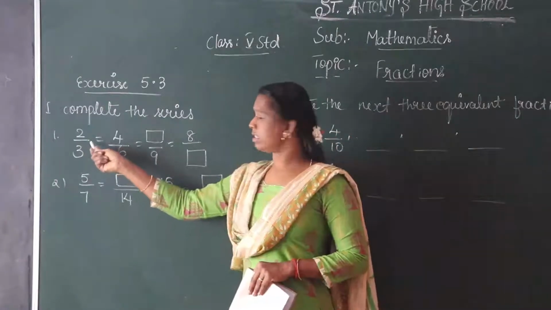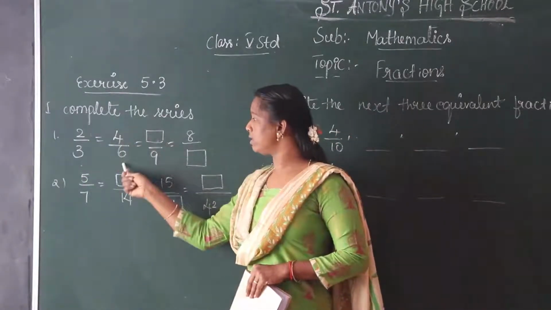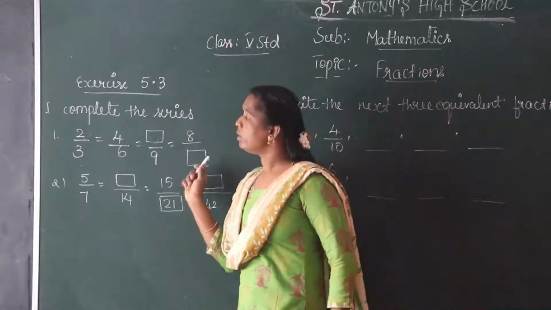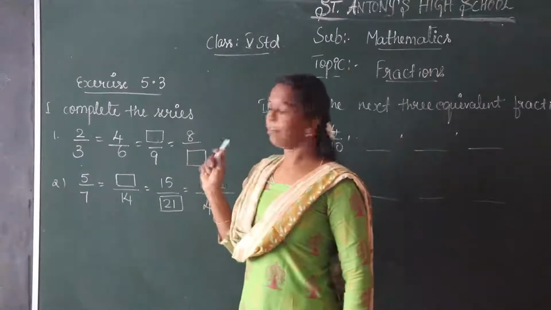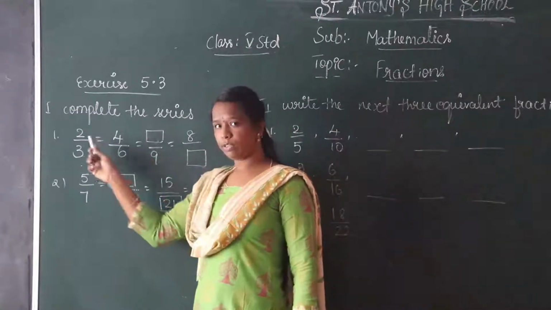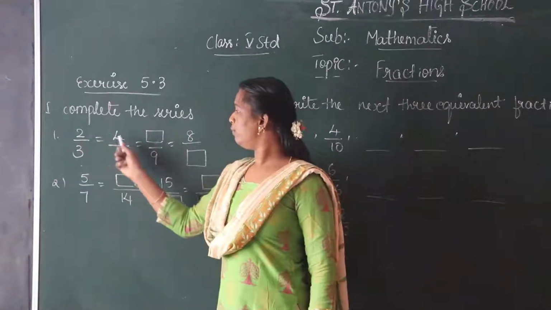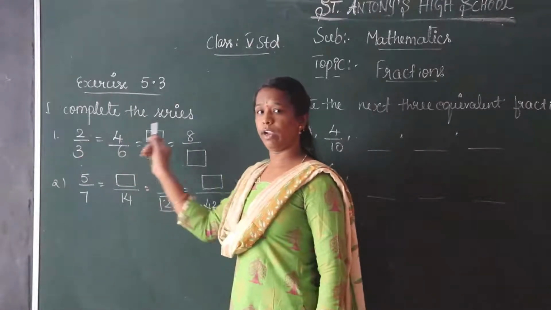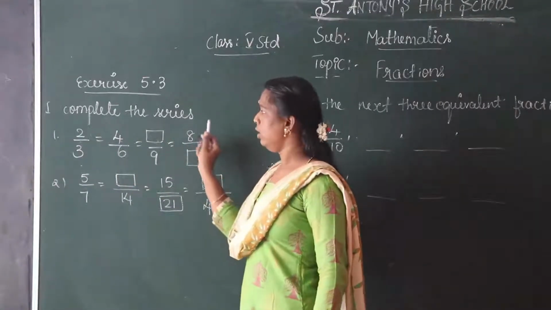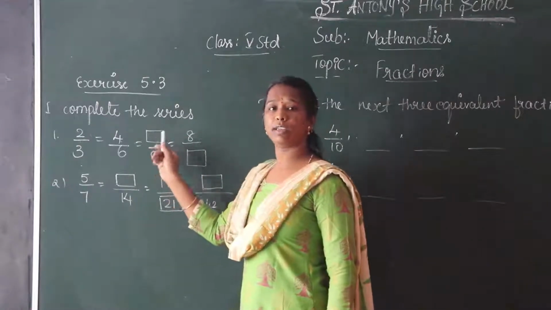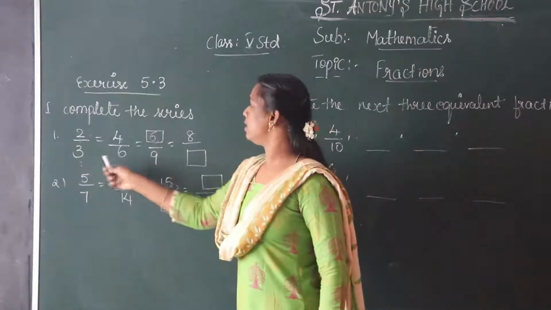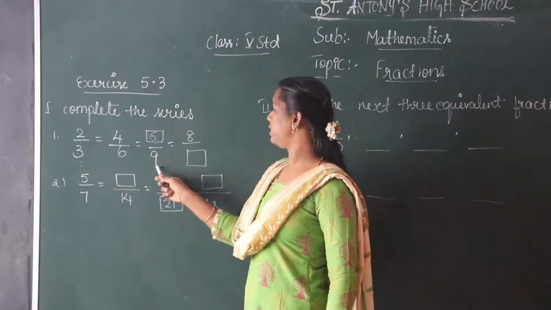Okay, here the first fraction is 2 by 3 and then 4 by 6. Next, some boxes will be blank, so write the equivalent fractions. Observe the numerators 2, 4 and 8 here. 2 ones are 2, 2 2's are 4 and then 2 4's are 8. So write down, 2 3's are how much here? 2 3's are 6. And then 3 ones are 3, 3 2's are 6, 3 3's are 9 and then 3